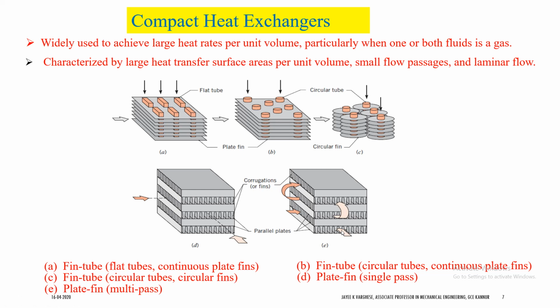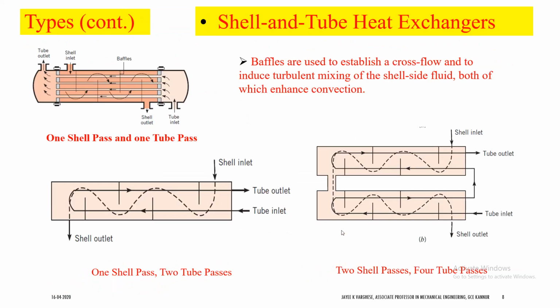Okay, this is what we have in compact heat exchangers. Even our human body also has many heat exchangers, like lungs, which exchange heat, and the surface area can be very high as compared to a normal type of compact heat exchanger. It can be as high as 20,000 square meter per cubic meter of the volume.